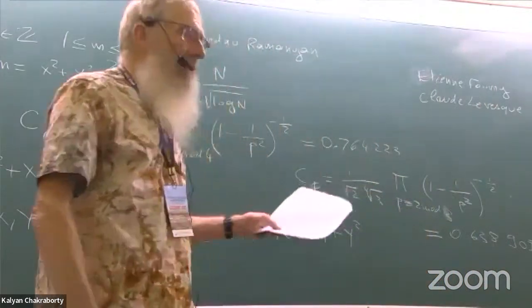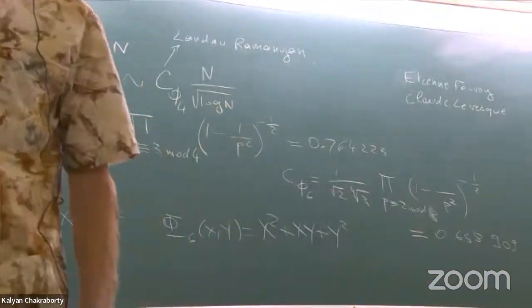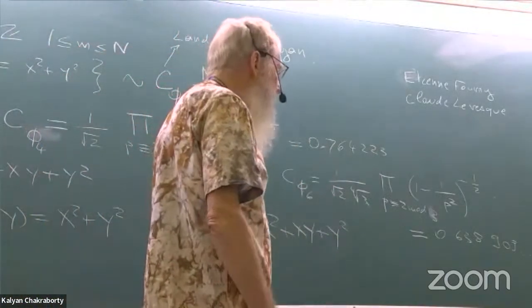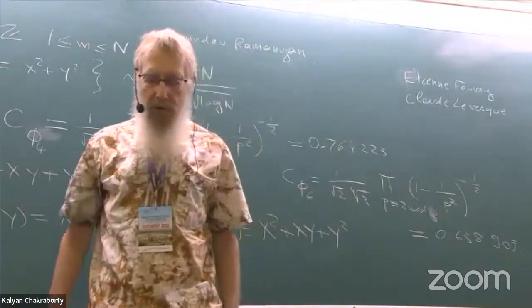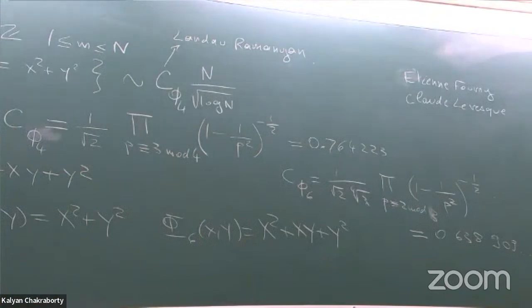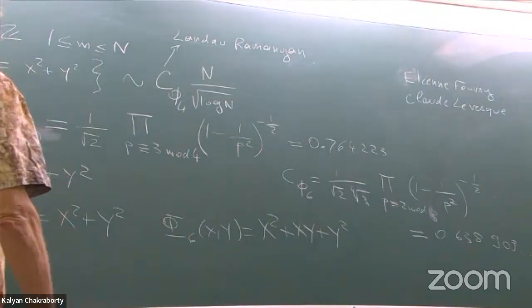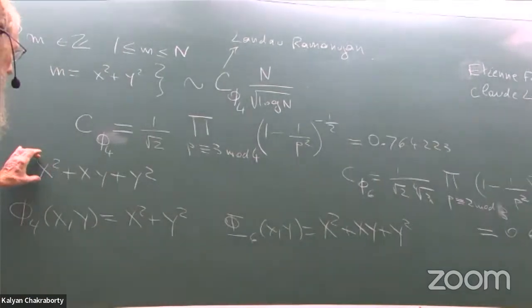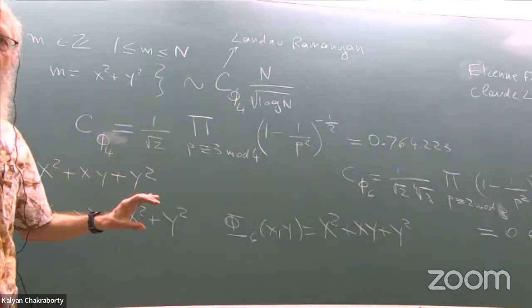So this is one question which I asked Bill Allombert, how to compute the constant C phi 6. But I asked him another question, which was to investigate the integers m which are represented both by x squared plus y squared and by x squared plus xy plus y squared. Of course, with different